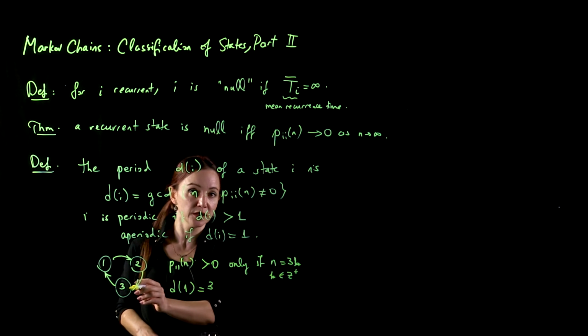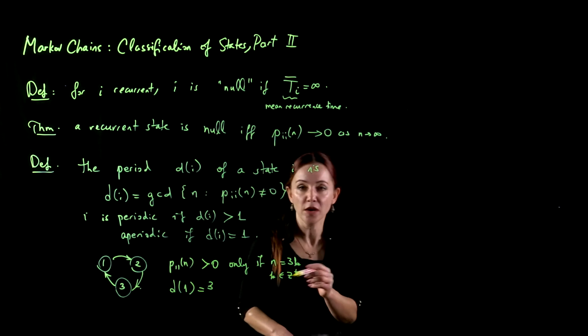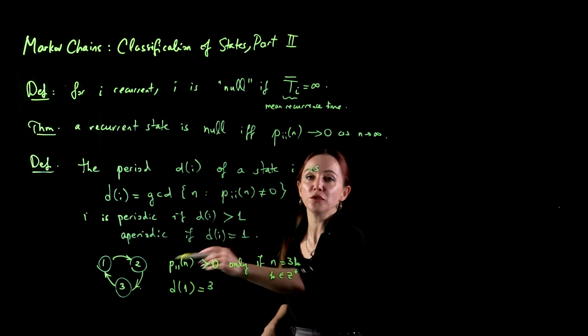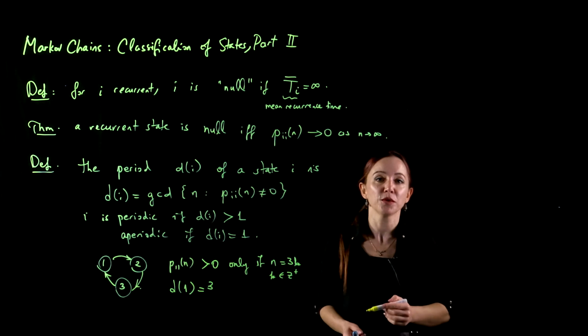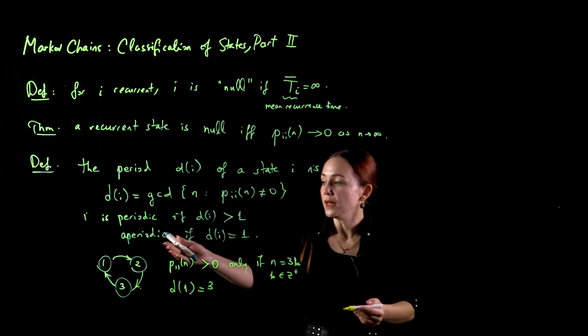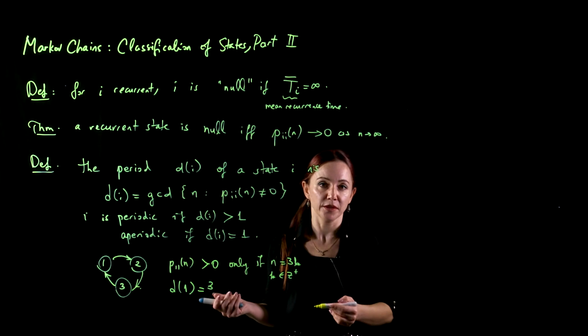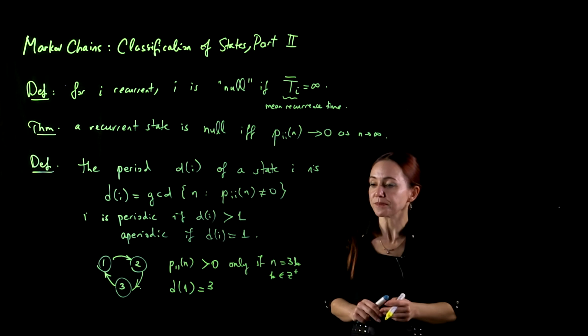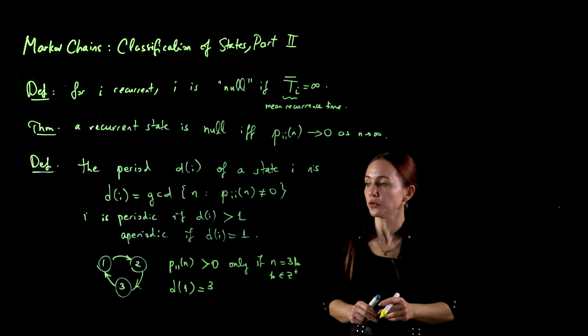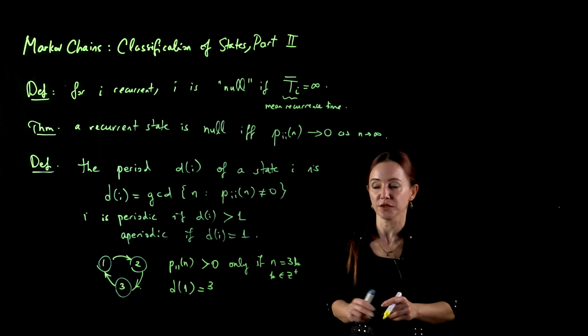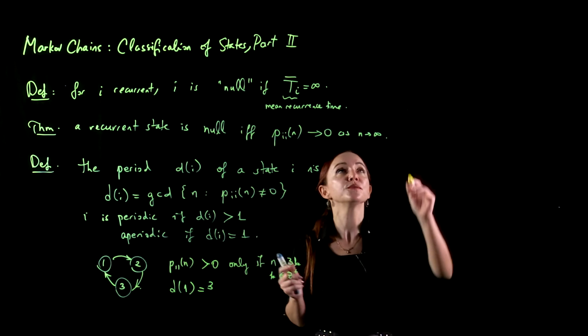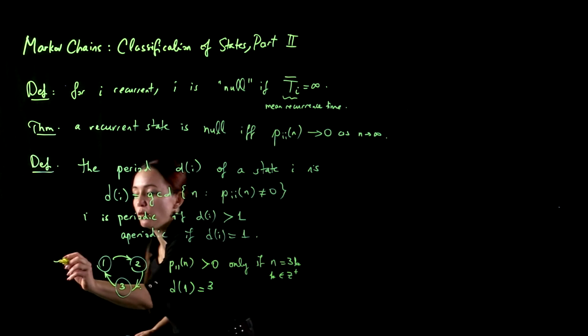It is clear to see in this example, but it is possible to prove that if we have a recurrent class of states, we will define what the recurrent class is later, each state has the same period. It's something that we may prove later on, or you could try to prove as an exercise. Let's see another example. Let's call this example 1.